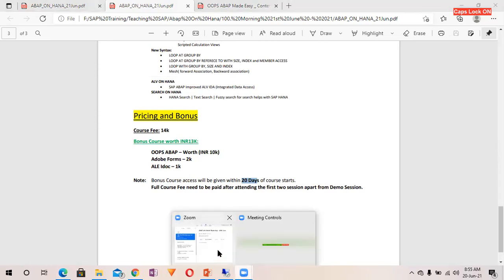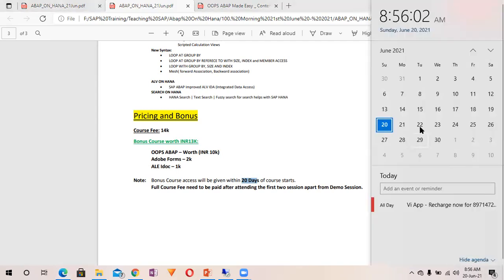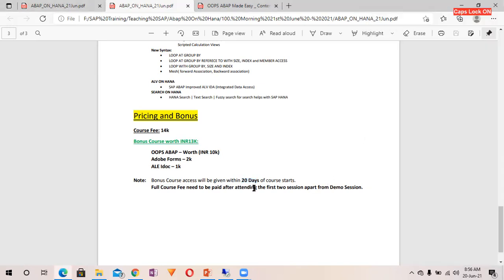From tomorrow, 8 a.m. to 9 a.m., we are going to have the session on weekdays regularly. On Tuesday the 29th and 30th, I will be on leave because I'll be traveling from my native place to Pune. So these 2 days I will be on leave. But apart from that, I don't think there will be any leave. This is going to be a regular session on weekdays. If you have any question or concern, please feel free to ask.